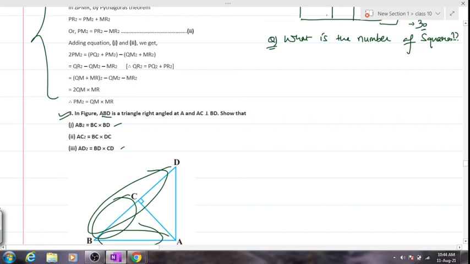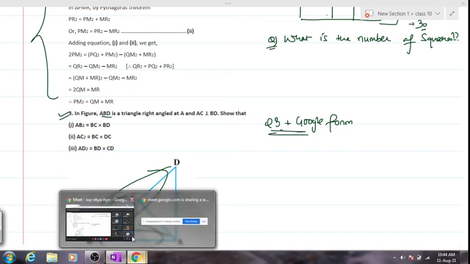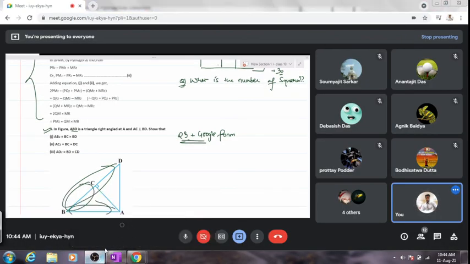These are three numericals in 3 parts. If you are able to do one, the rest of the 2 will be very similar to each other. So question number 3 plus the Google form that will be uploaded today will be your homework for today. Is it clear? Now I'll end the recording.